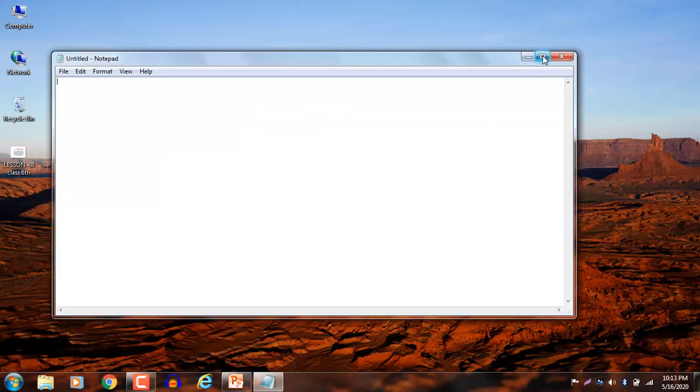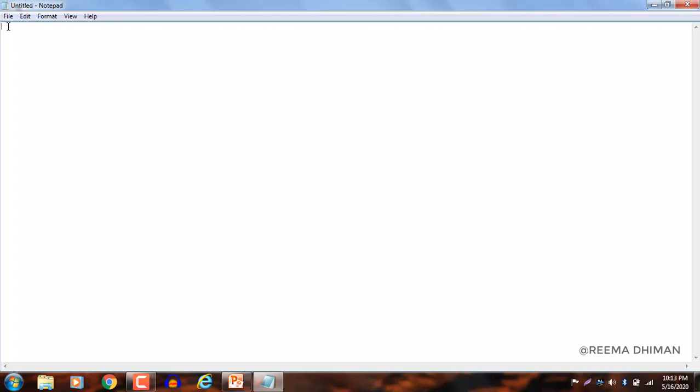So this is the interface of Notepad. Here you have to start typing. Whenever you are going to write HTML code, firstly you have to give the HTML tag. Clear? So how to give the tag? Opening angle bracket, then the name of the tag, and then closing angle bracket.